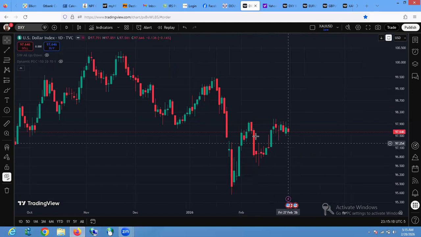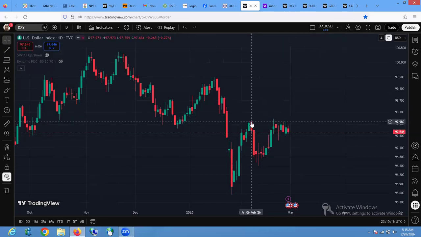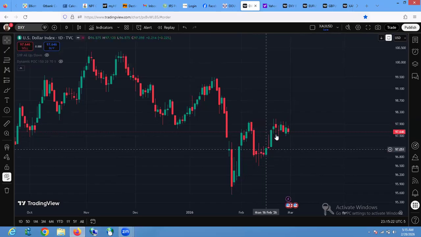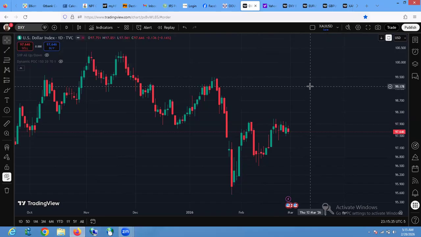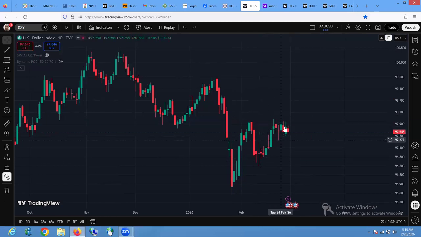So in the middle here, you might be seeing a B wave trying to develop, such that we have this. If this is A wave, this might be A of B, B of B, and a C of B. So once we have a C of B to the downside, then we're going to see dollar gaining strength to the upside again before it falls. That is what I'm seeing here.